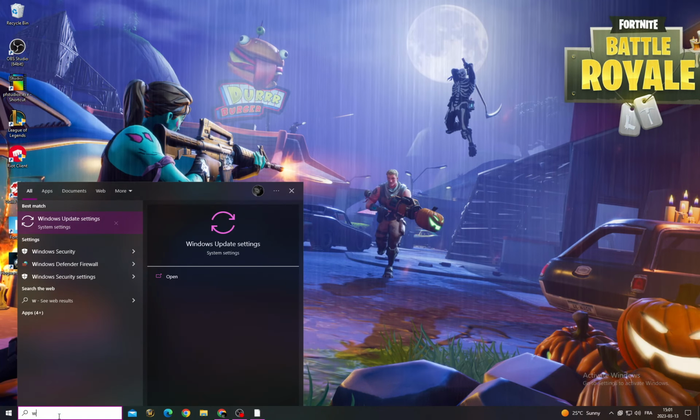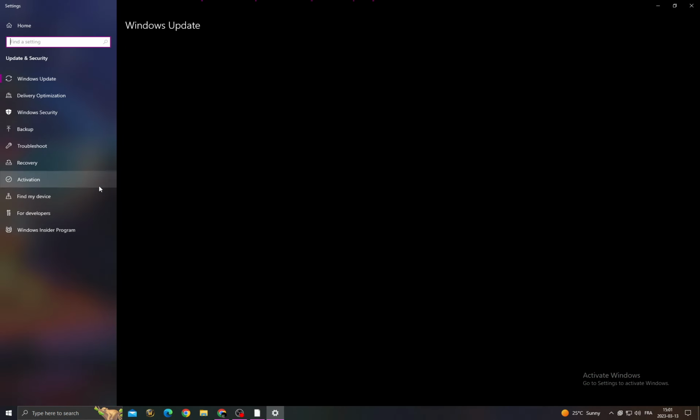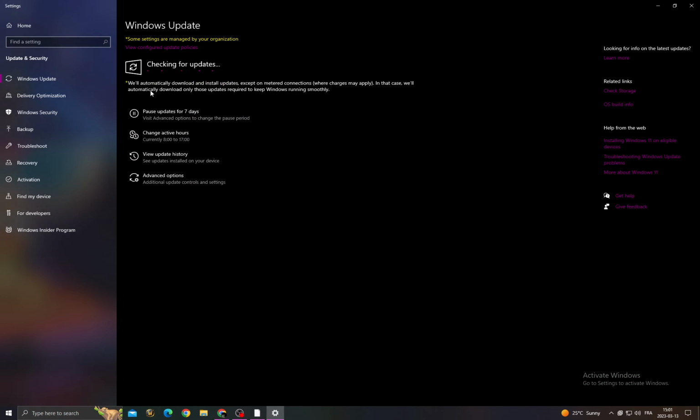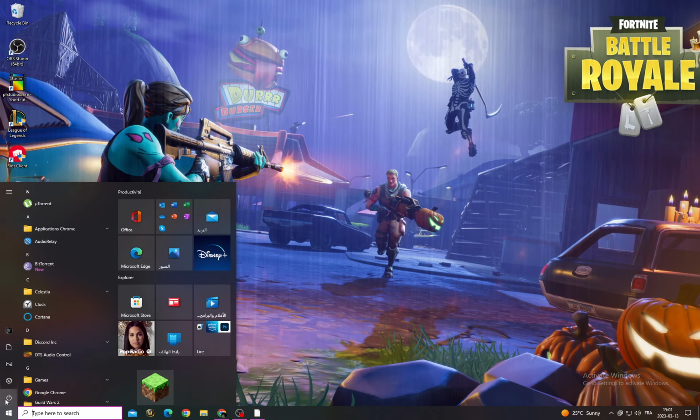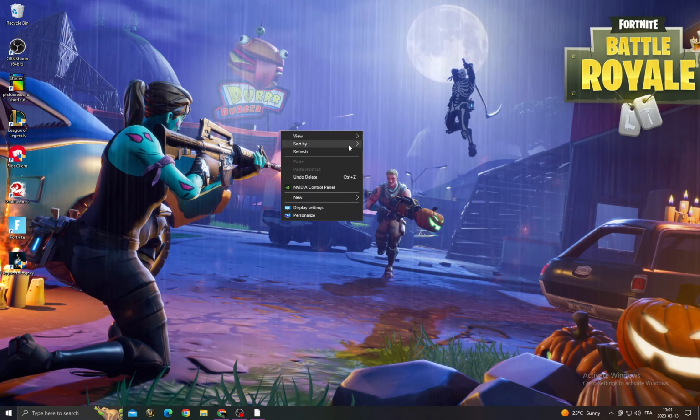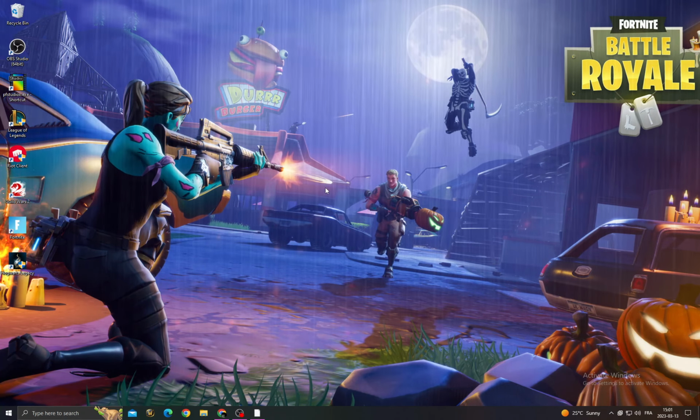Then click Windows Update Settings, check for updates and make sure to install all the updates that you will find here, and after that restart your PC, and after restarting your PC right click on your desktop and click NVIDIA control panel,